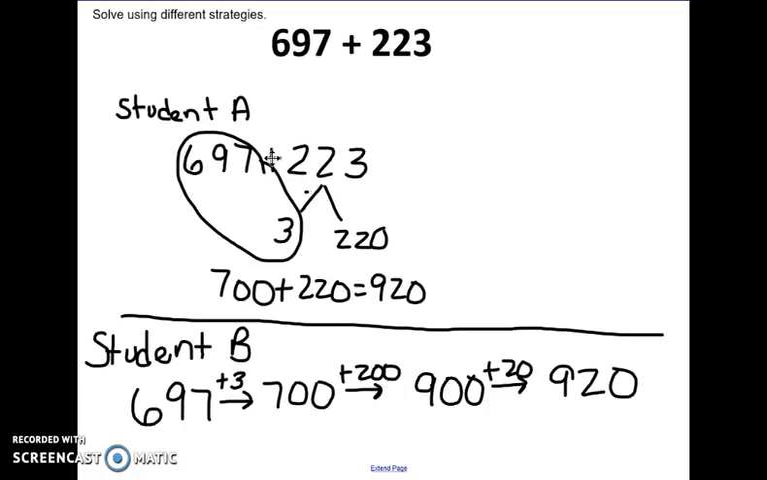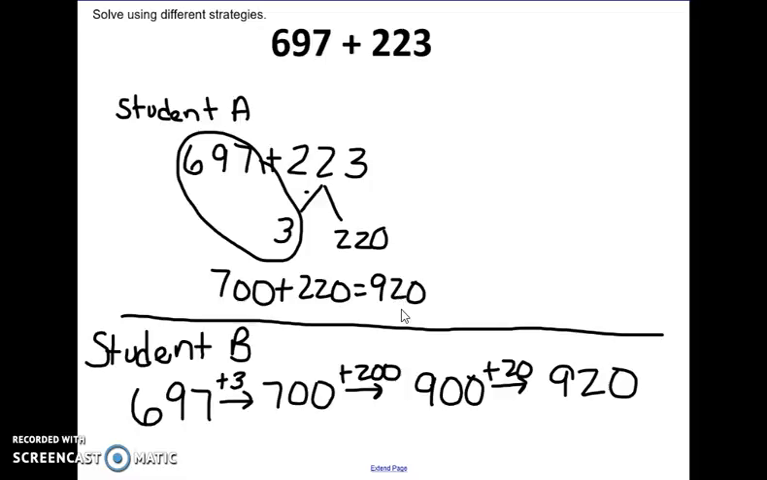We have two students' work, student A and student B. Let's take a look at student A's work first. Student A used a number bond to solve this problem. The student noticed that 697 was very close to the next 100, that it only needed 3 more to get to 700. So they took out 3 from the 223 and had 220 left. They circled the 3 and the 697, which made their 700,